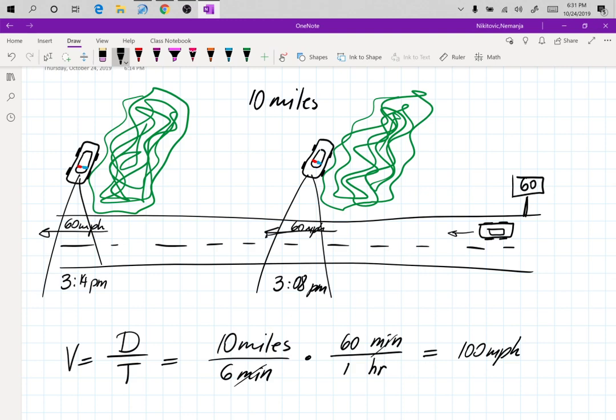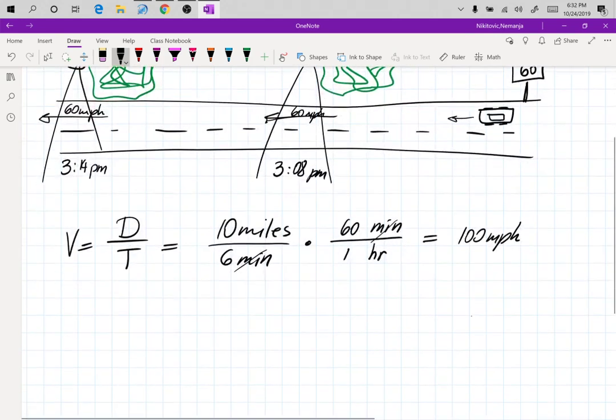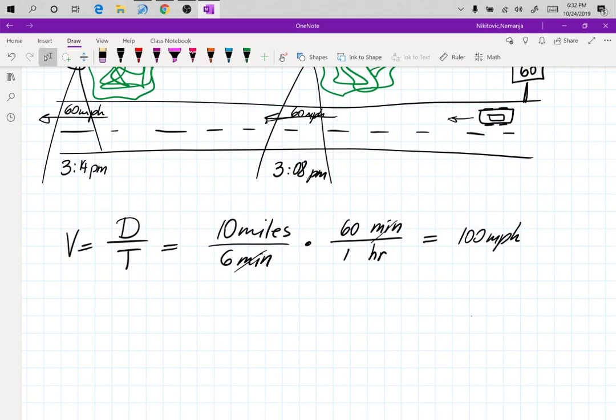What we are going to learn today is the formula that connects average to instantaneous, and why they can issue tickets like this without pulling you over. And then the way it's implemented. So what do we do? Well, if you understand the way that average works, average is the average of all instantaneous speeds